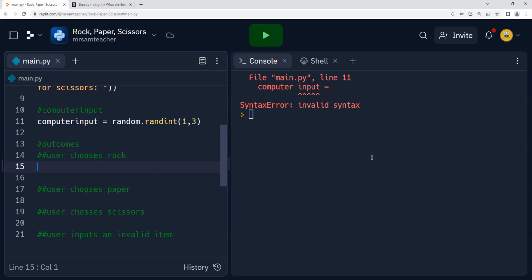So if the user chooses rock, remember last time, I know we didn't go in depth about it. That was towards the end and it was a little rushed, but we'll take our time with this because we're going to be doing 9 different statements for this. The if, elif, and else statements. It's pretty simple if you think about it. If this, then that. If that, then this. You have a condition, and if it's met, then do this.